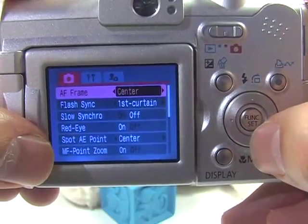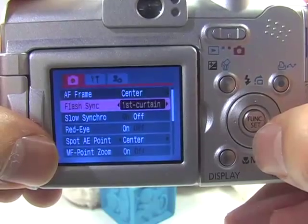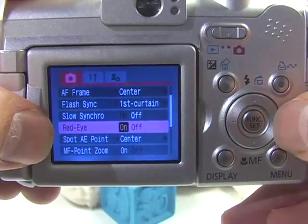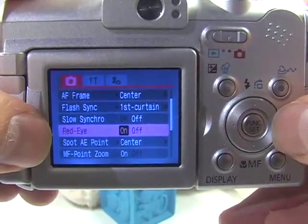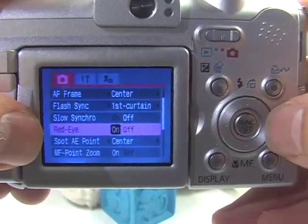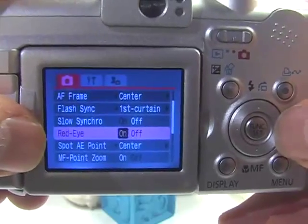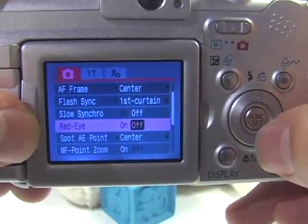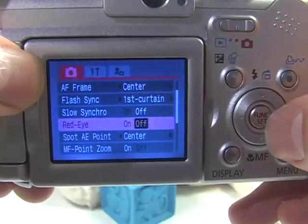So go ahead and choose center. Down a little further, red eye is turned on by default, and I never use red eye. I don't think it helps at all, and I prefer using the computer to illuminate red eye. So go ahead and turn that off. And that's it for the record